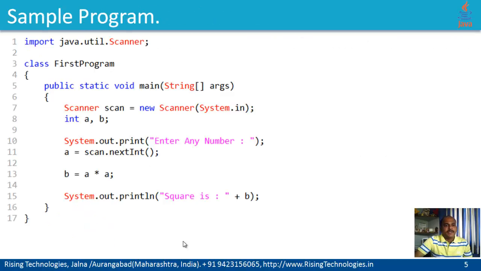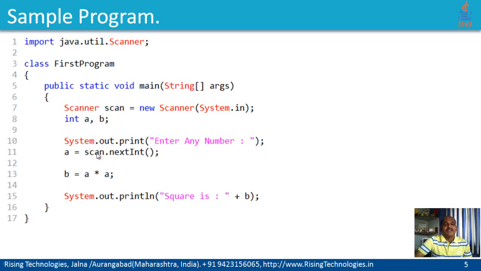So in our example, I'm going to use this nextInt method to read an integer value from keyboard. Now look at this sample program. I have imported the package java.util, and I have not imported the entire package. I have just imported the Scanner class itself. Within my main program, I have declared a Scanner object, something like Scanner scan = new Scanner, and I am passing System.in, that's the standard input stream, as a parameter to the constructor of this Scanner class. I have two variables a and b. I want to read a single integer from keyboard, and I just want to calculate its square and display that